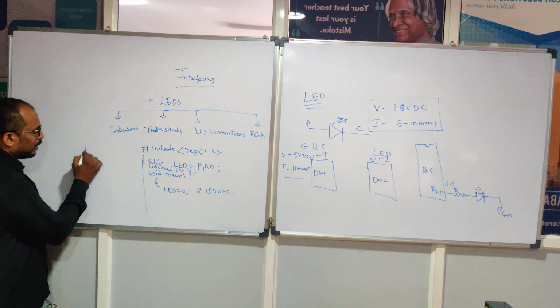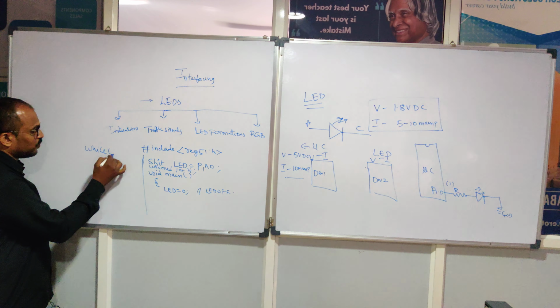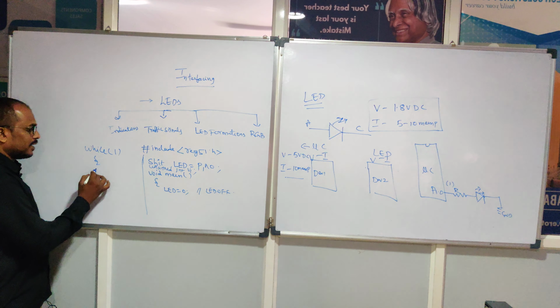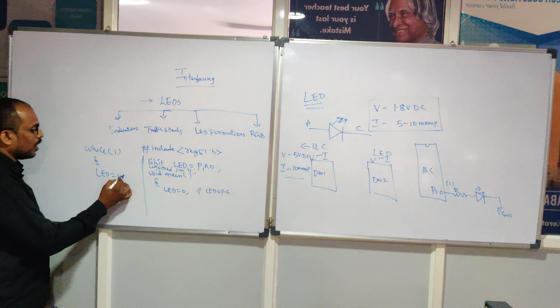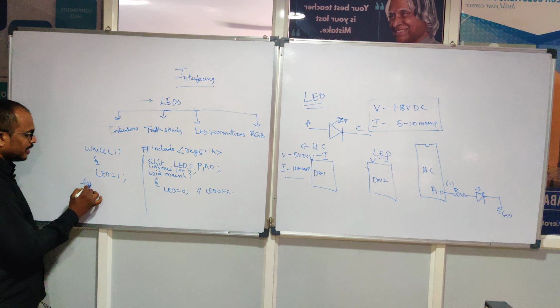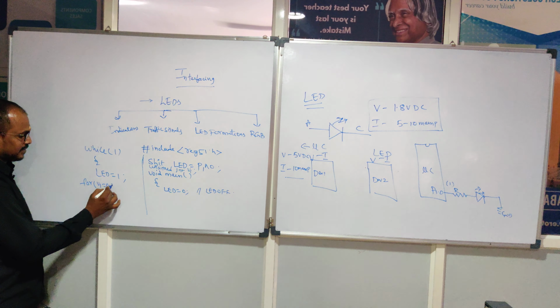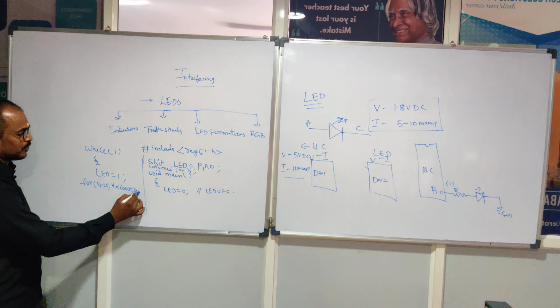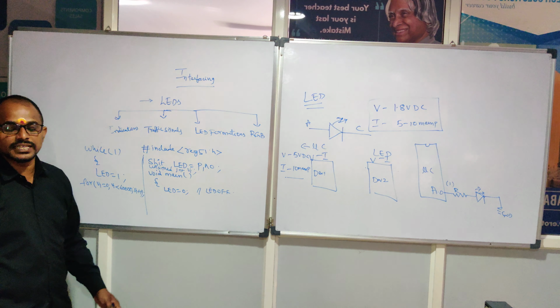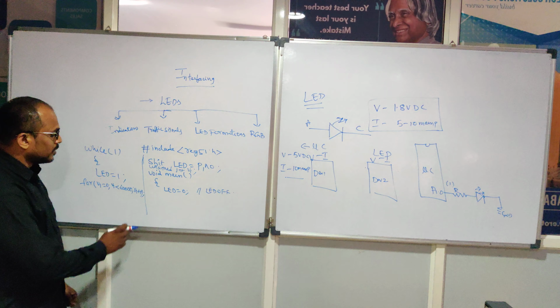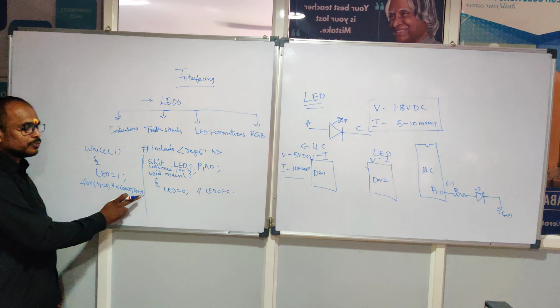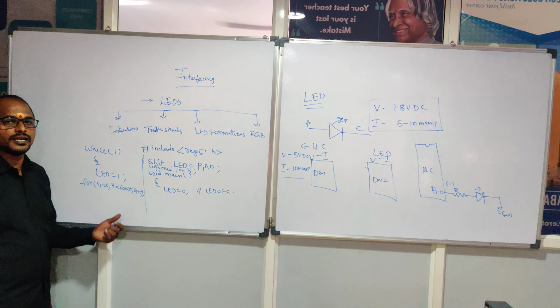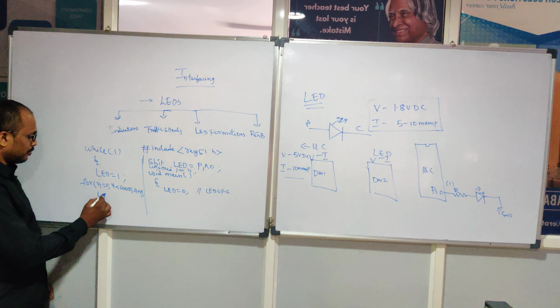Then I am taking one infinite loop, which is while(1), and making the LED logic 1 and taking a self for loop for delay generation. So you can use self for loops for delay generation in embedded C programming. Whenever I terminate my for loop with a semicolon, it means it is a self for loop, and then I make the LED